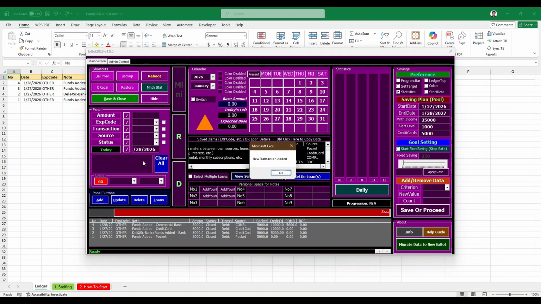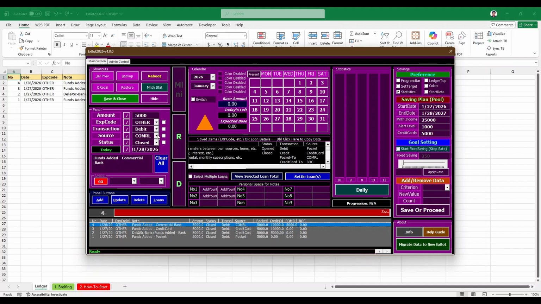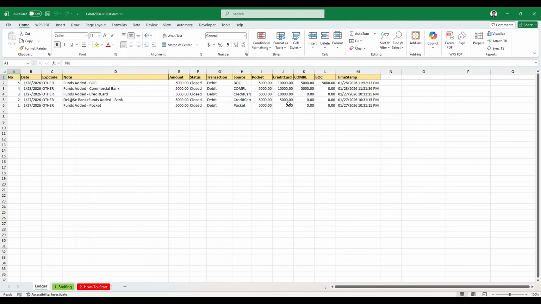I repeat the same steps. Double-click an existing record, change source to BOC, update the note to Funds Added, BOC, press Alt+A, and we're done. In this video, we covered adding money sources, deleting and merging sources, importing funds into new